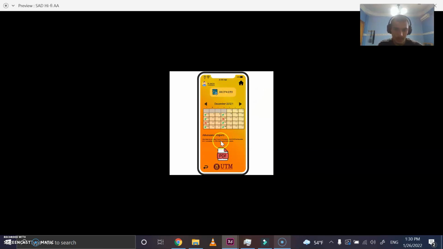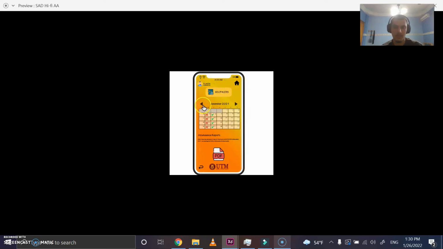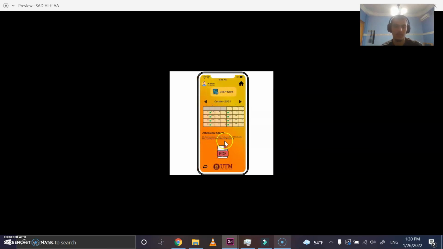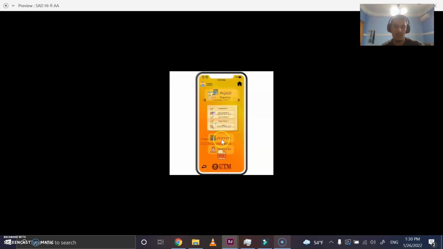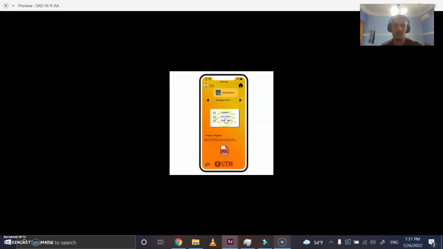We have this short monthly report here, and then the PDF icon that allows us to download this report. Then you can look at the different months, for example, December, November, then October, and so on. So a report for each month. And then we go back. So click on the progress reports. Then we choose the course again, and then we look at the progress reports regarding the assessments, assignments, activities that the student has done. Let's say here December, and then we have November, and then October. Then you click on the PDF file here to download and save the report.